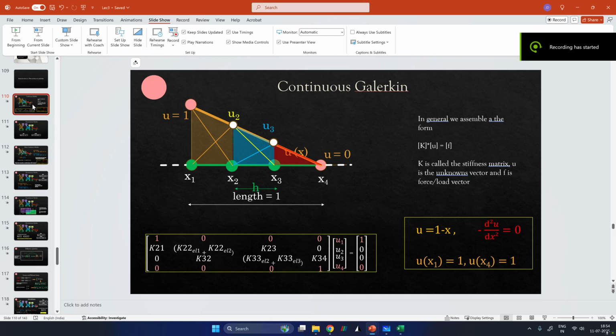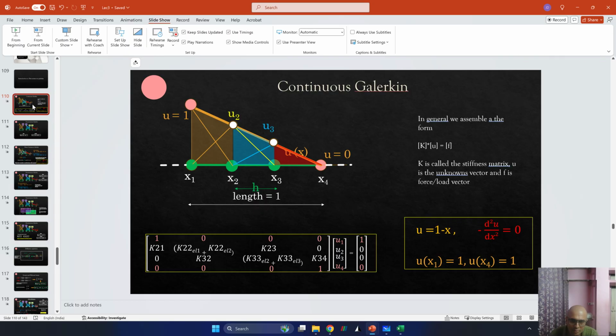So let's solve this problem using continuous and discontinuous Galerkin on an Excel sheet, and we have already solved this previously. So I would just modify the existing Excel sheet. The only difference is that instead of linear elements, I have again considered 3 elements, but I have used quadratic shapes, which means that instead of 4 nodes, I would have 7 nodes with 3 nodes in